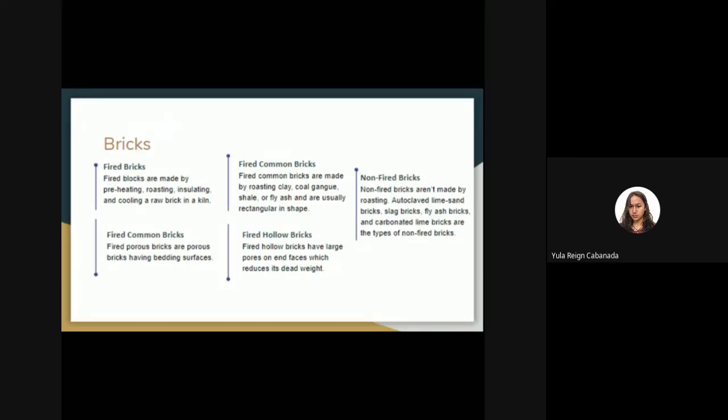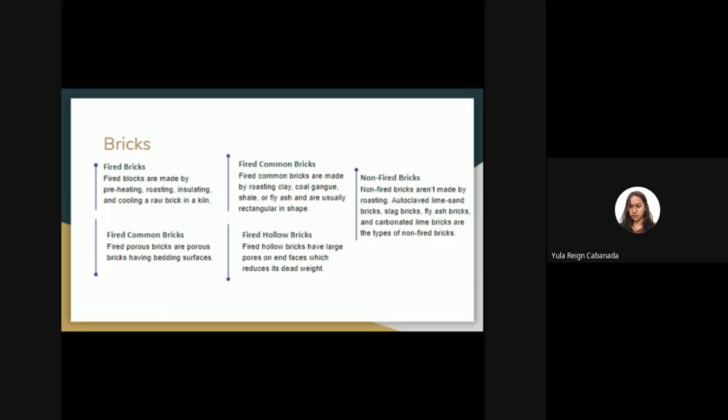Next, we have bricks. Brick is a rectangular block used to make walls, pavements, streets, etc. In masonry construction, it can be made using clay bearing soil, lime, and sand. There are two types of bricks: fired bricks and non fired bricks. Fired bricks are made by preheating, roasting, and insulating in a cool rack in a kiln. The fired bricks have many varieties, such as fired common bricks, fired porous bricks, and fired hollow bricks